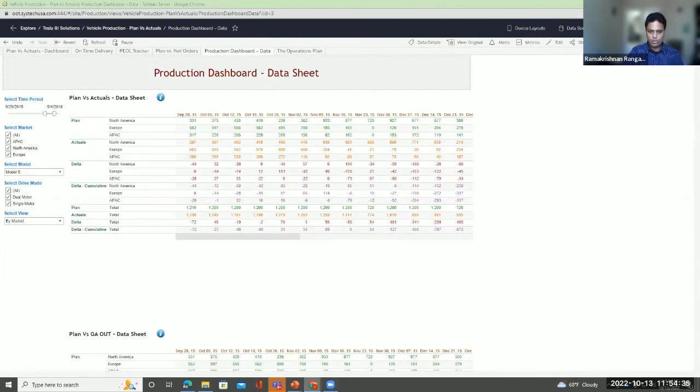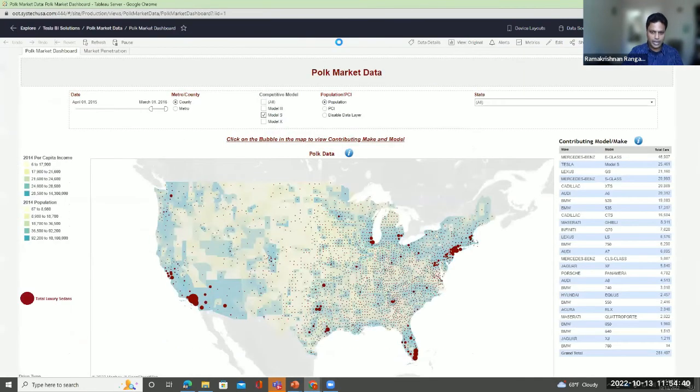Now, what I want to show you is also, I talked about integrating third-party data, market data, which is going to be another key factor in doing demand forecasting. And what we have here is what we call Polk market data, which gives by county all of the luxury cars that got sold in that county, and that again can be overlaid on top of different background user demography, or customer demography. So what you're seeing here is based on population.